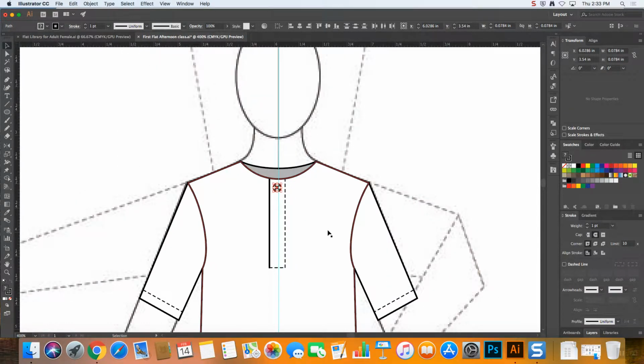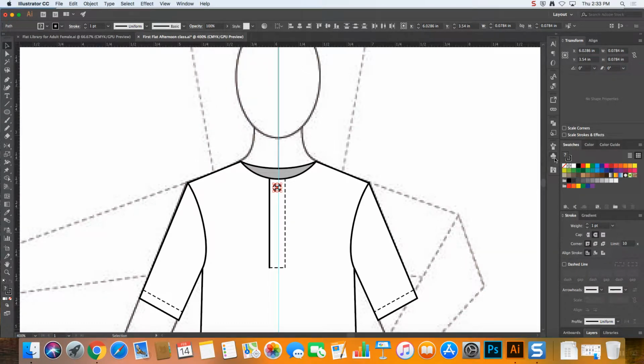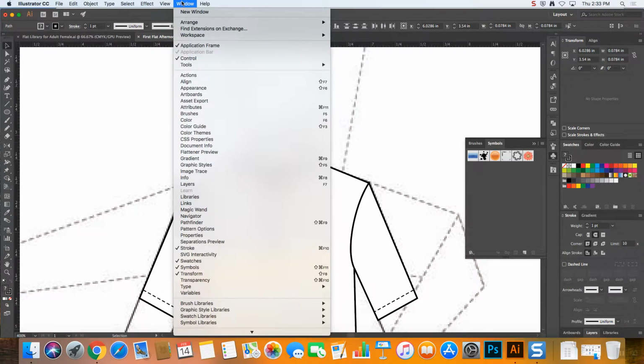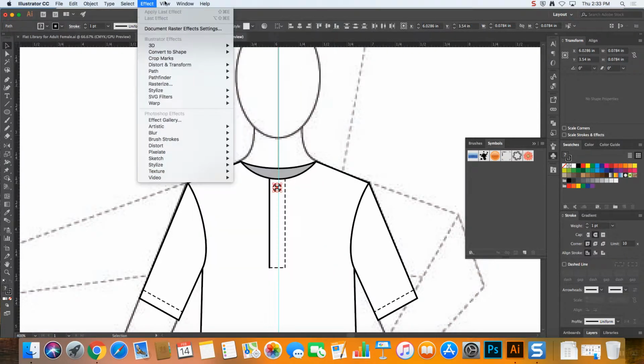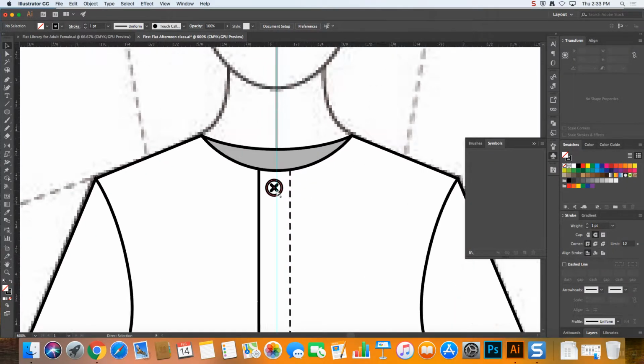button, and I'm actually going to take this opportunity to introduce the symbols panel to you guys. The symbols panel looks like a club, like from a deck of cards. And if you can't find it, you probably will have to get it out. Go to Window, Symbols. And I can delete the symbols that are in here right now. We don't need those. But if I choose this guy, choose all three of the pieces,